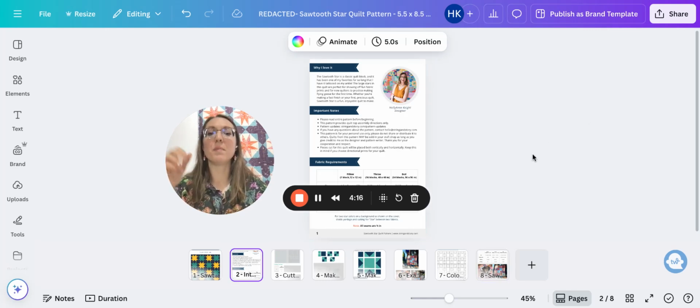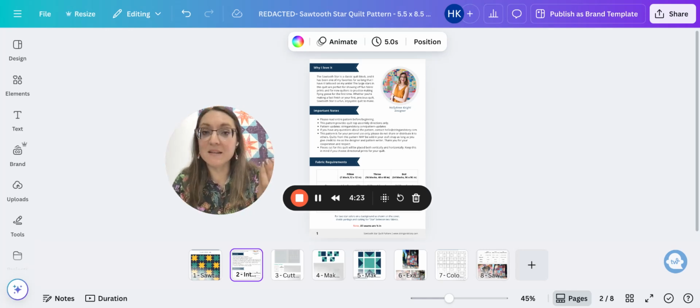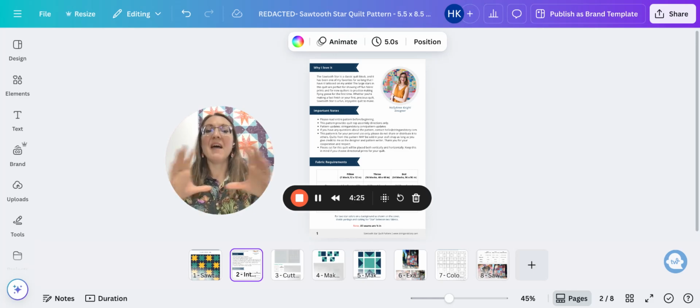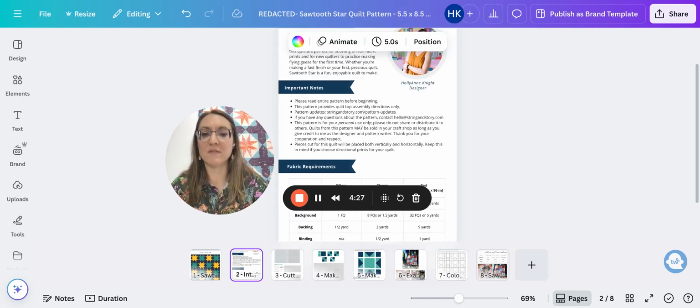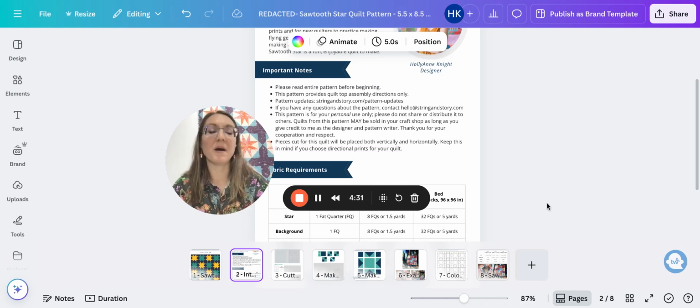Here on the inside of the quilt pattern, we're going to start out with, again, a little bit more information about the pattern, a picture of me as the designer. This is pretty common. And then there's going to be some important notes. If I zoom in here, you'll see these are standard for most quilt patterns, things like seam allowances, a direction